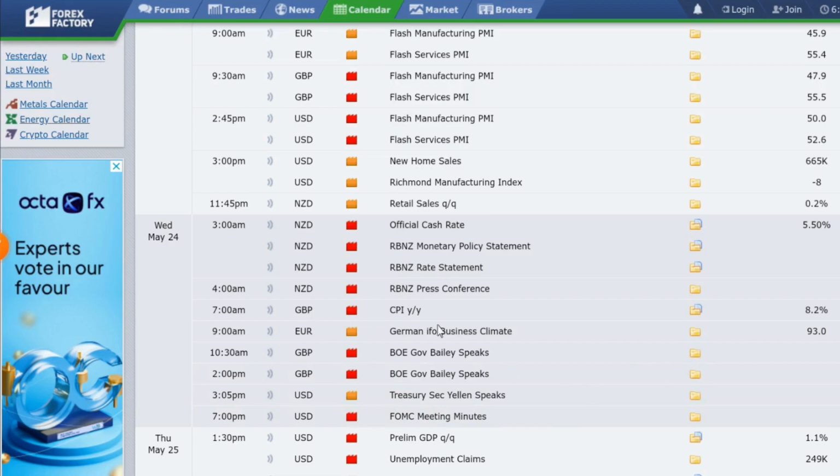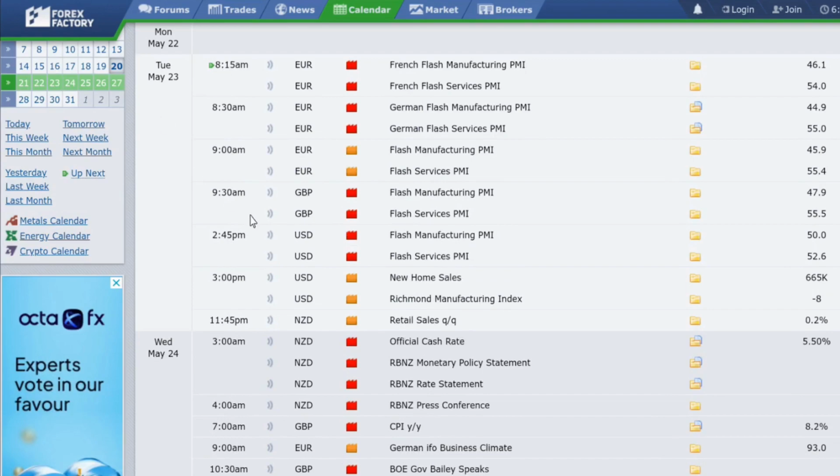Last week the best opportunity was in NZD after the market priced in the hawkish Bank of New Zealand expectation. The weakest currency was the Japanese yen, which was weaker against most of the major currency pairs last week. So this week, let's look at the opportunities we have in terms of the fundamentals.